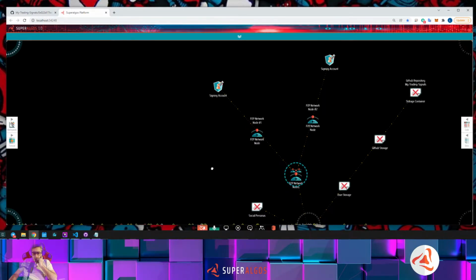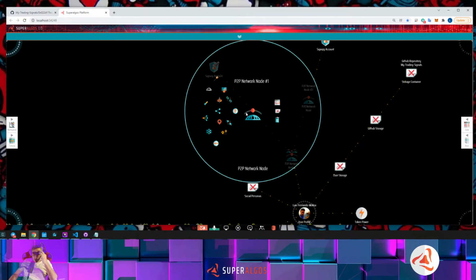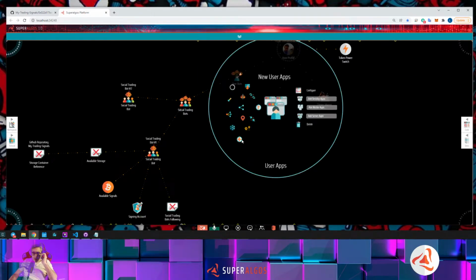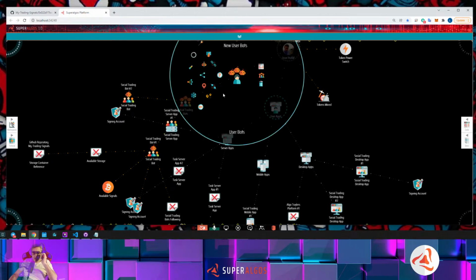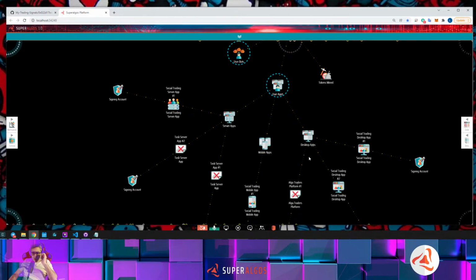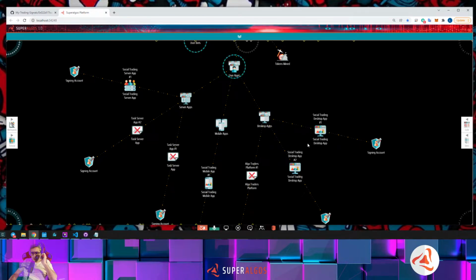If you want to run the desktop as of today, as there is no public network nodes out there, you will need one of these guys, and you will also need, as Louis was explaining, in the user apps section, in the desktop apps, you will need one of these guys, the social trading desktop app, because this,